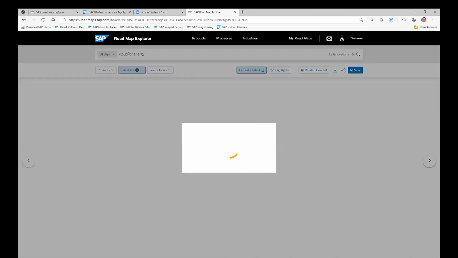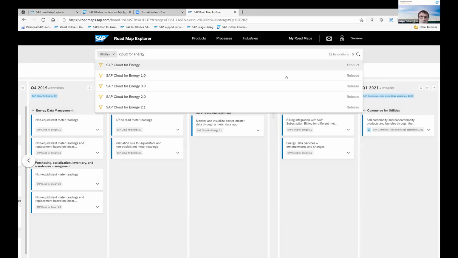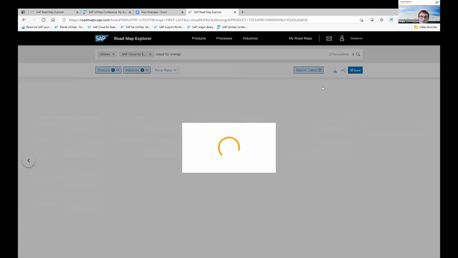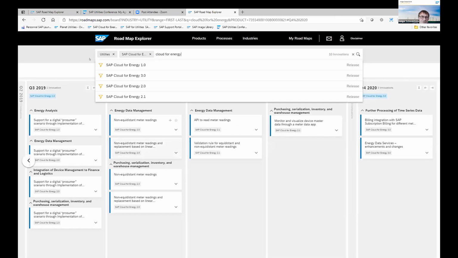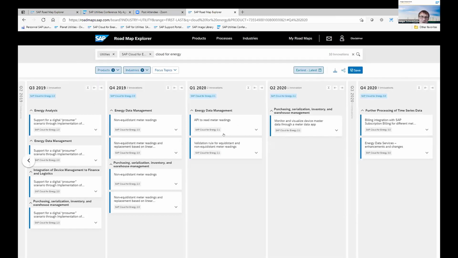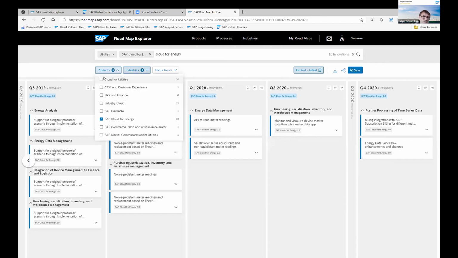There's still a filter on the date, I believe. Yep, okay. So you can see here, we have the different topics for Cloud for Energy, where you can also search for different products and innovations that we have. But moreover, you can also have a look at the different products that are listed.